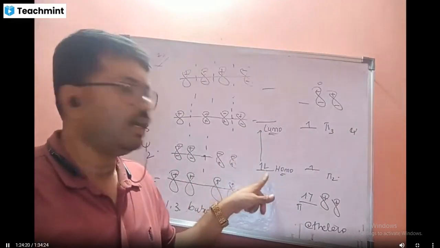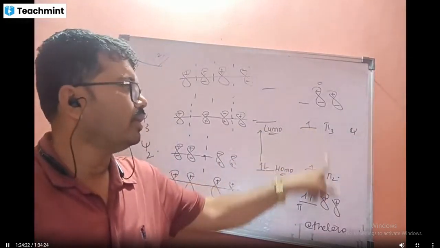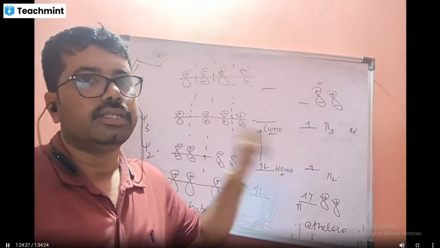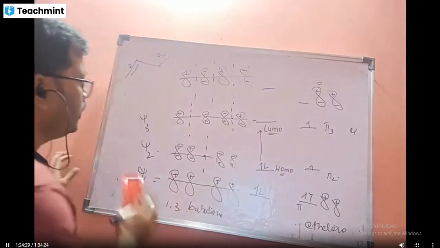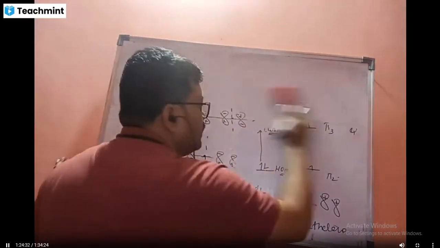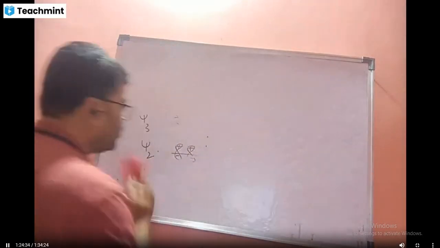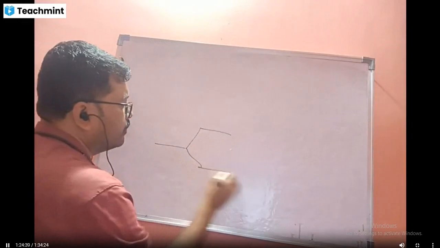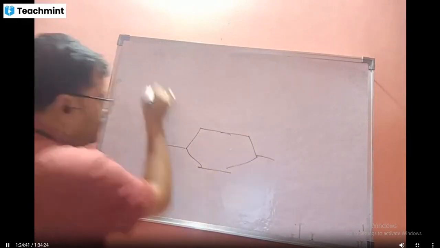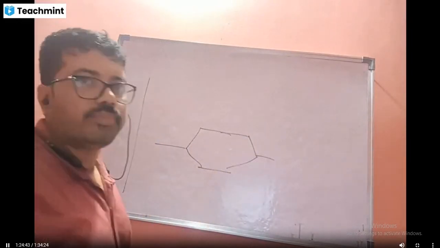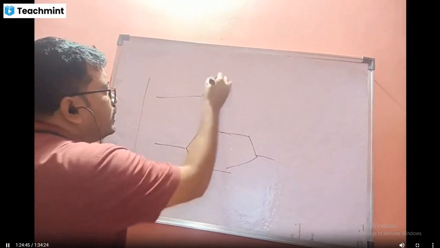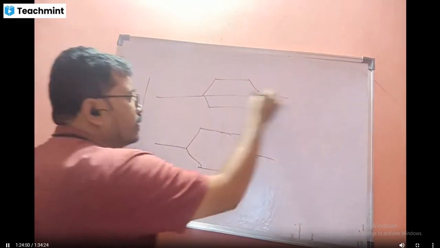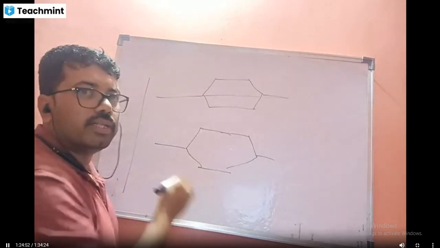From the ground state, transitions occur to pi 2, pi 3. So this is actually 1,3-butadiene, in a molecular orbital diagram. We know this from VSEPR theory. So what is VSEPR theory?